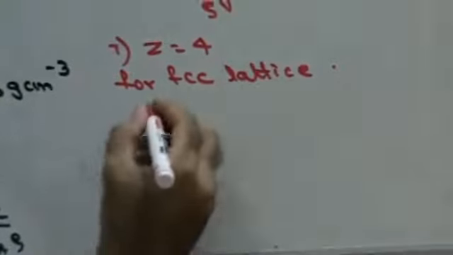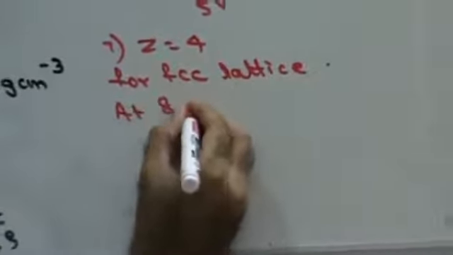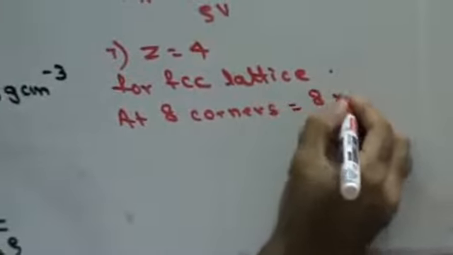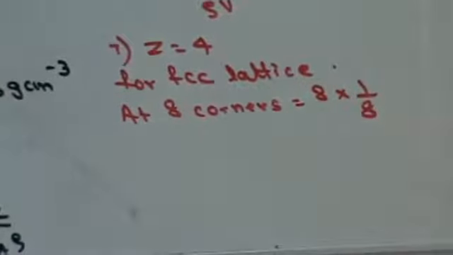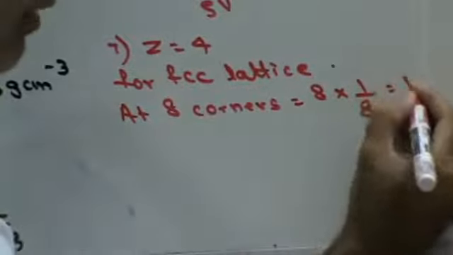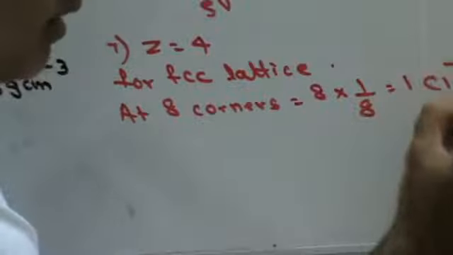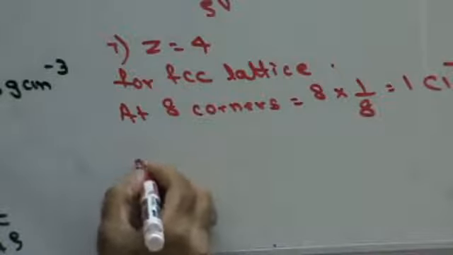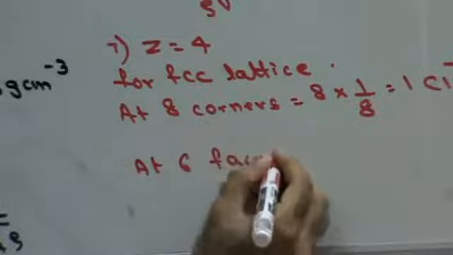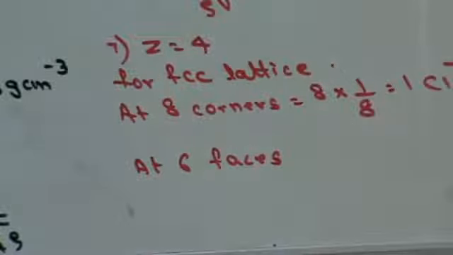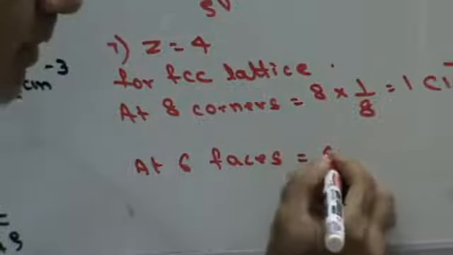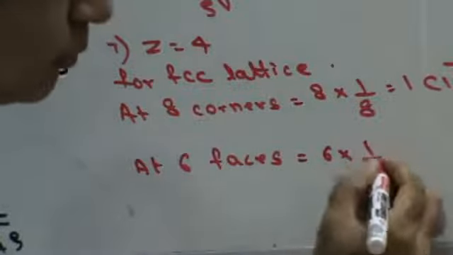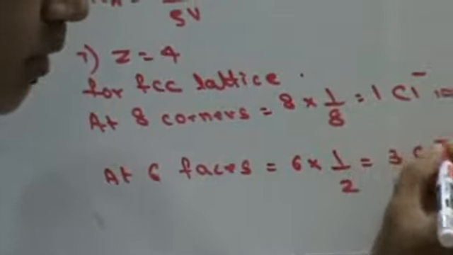I can say that at 8 corners it will be 8; FCC is divided into 8 parts, 1 upon 8 for each of the 8 corners. So you will get 1 chloride ion. There are 8 corners of the FCC lattice, 4 up, 4 down, right? At 6 faces, it will be 6 into 1 by 2. There will be 3 chloride ions,